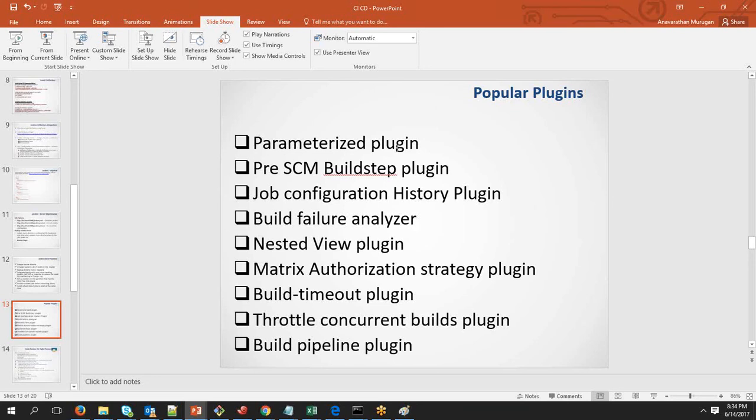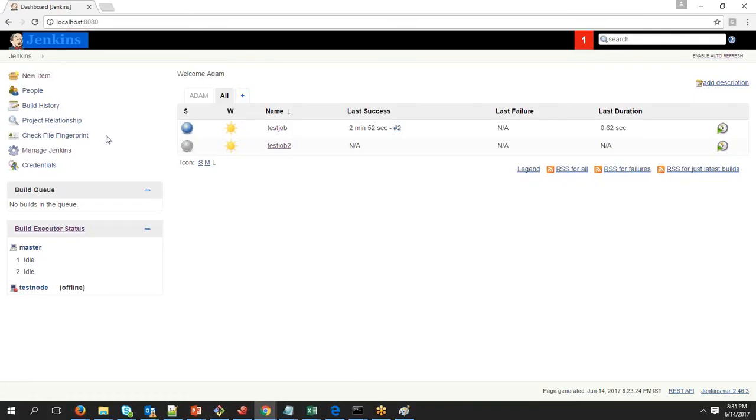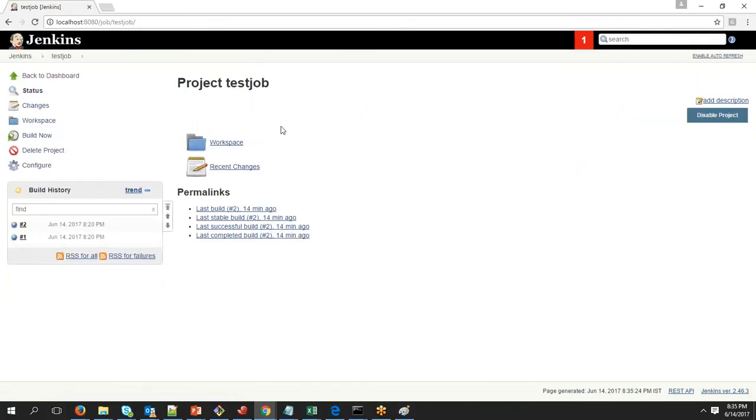An example is, if you remember when I was setting up Jenkins, I was showing you that you can pass a parameter, like asking for the username and then storing it. But that was only for that job. What if the dependency job that you have should also be taking some value? So if you install this plugin, then while you configure the job, let's say you have this job,